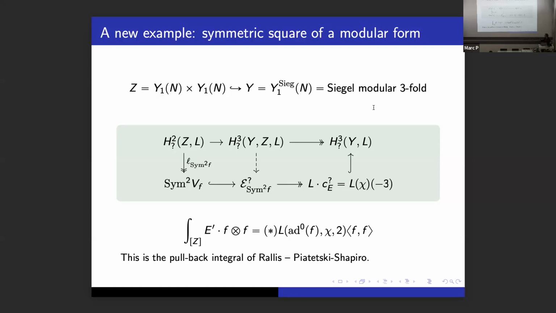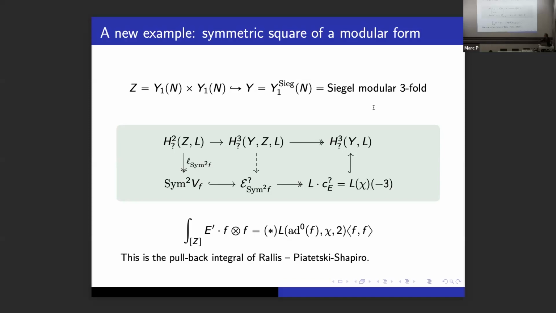In this case, it's the L value associated to the adjoint of F. So if you wrote down Euler products with this L function as a product over primes, those polynomials in the powers of p to the minus s would have degree 3, which is reflecting the fact that this is a degree 3